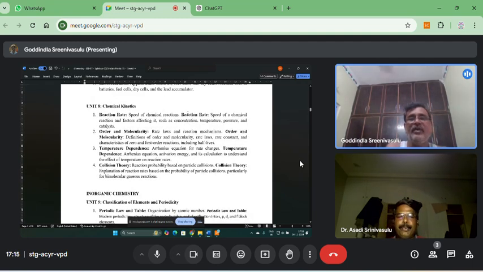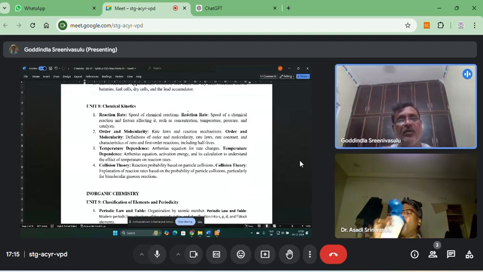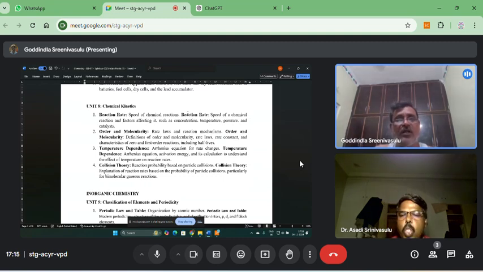So when the reaction is happening, the concentration of one component, either a reactant or a product, will be continuously changing with respect to time. So reaction rate is measured as the speed of the chemical reaction. It is defined as the speed of a chemical reaction and the factors affecting it, such as concentration, temperature, pressure, and catalyst. So reaction rate is defined as the rate of change of concentration of a component with respect